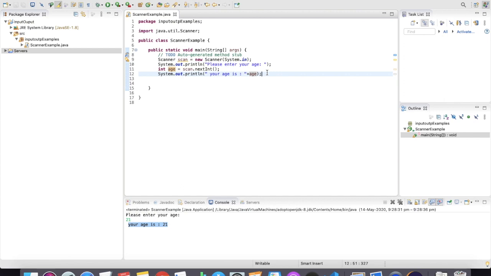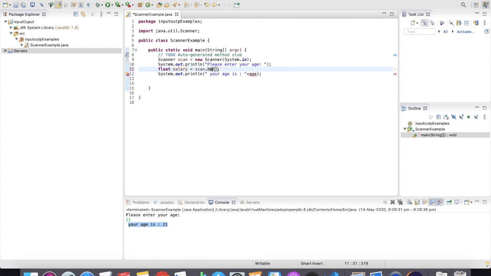What do you do when you have to accept a float value? Simply change the method to nextFloat. So I'm going to accept a salary of the user. I'm going to change this to float salary.